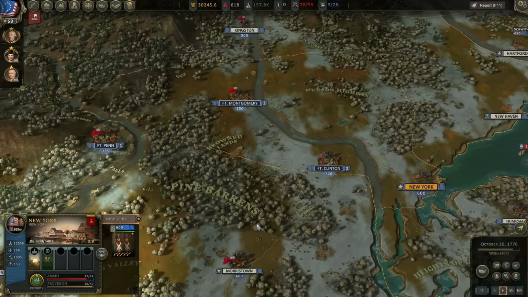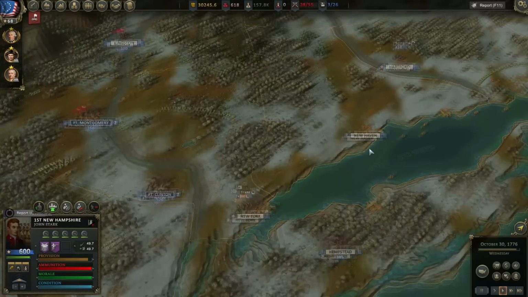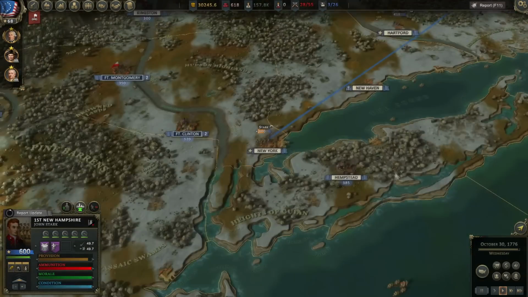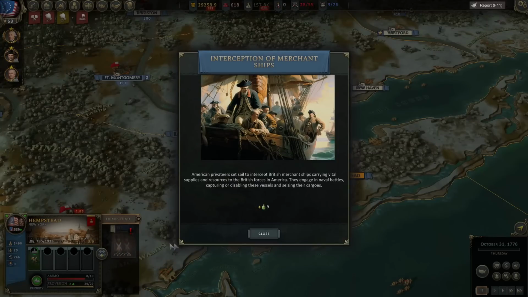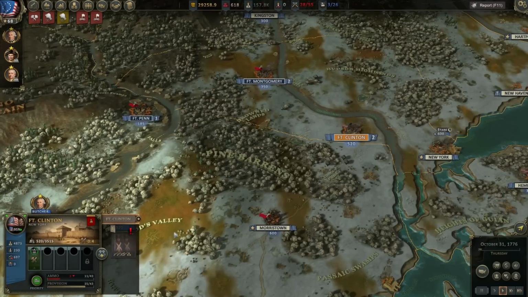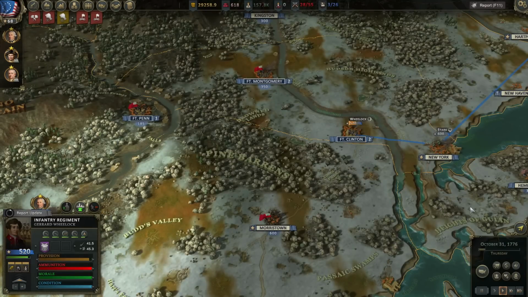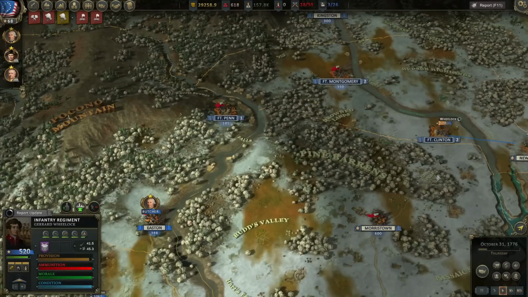Yeah. So that happened. We're also going to pull 600 men from New York and move them up to Boston. Yay. Thanks for 9 rum. Apparently we got our privateers at work. And then these guys are going to move from Clinton to New York, because I think having New York garrison...